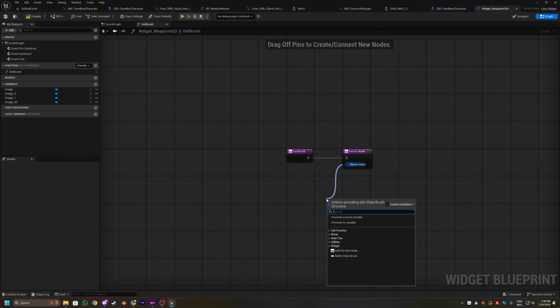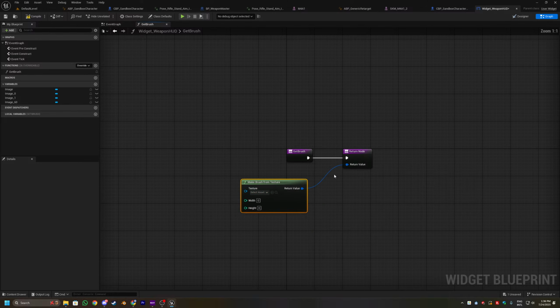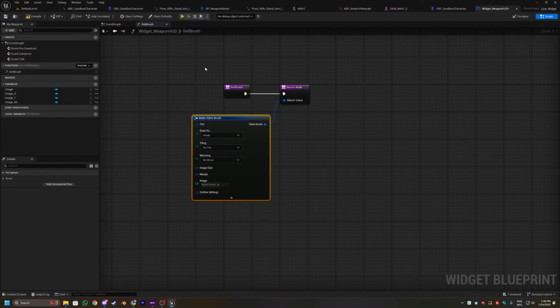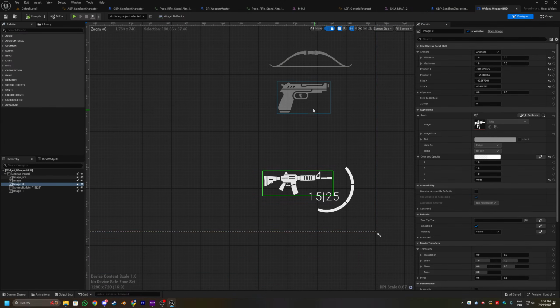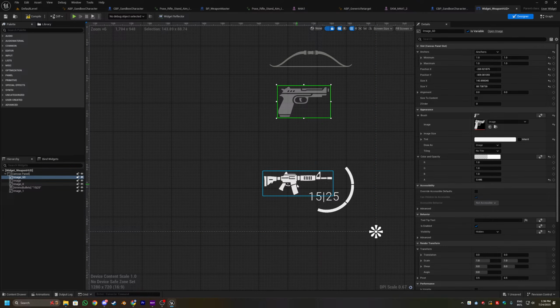Let's do make slate brush material from texture. No. Make brush from texture or make slate. I have no idea what I'm doing. Let's try to change the, go to designer. Maybe we could have something like this to be working or not. Maybe,